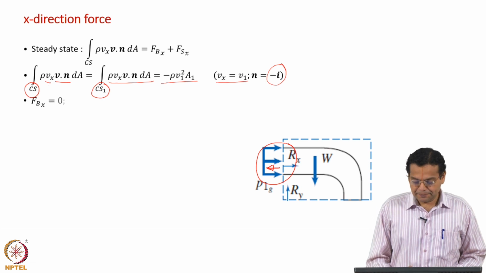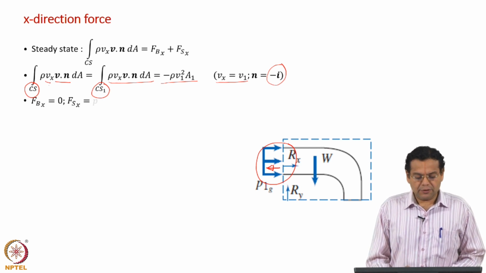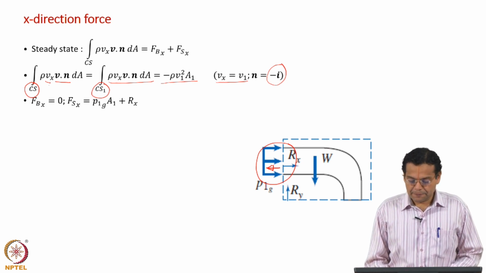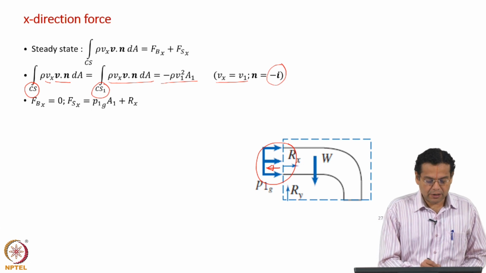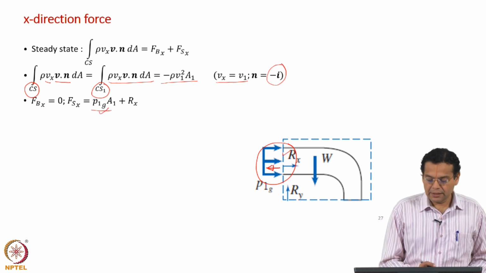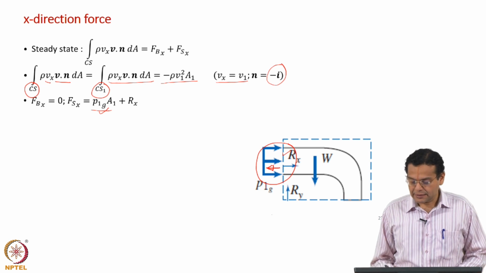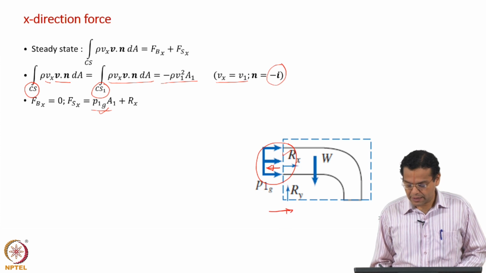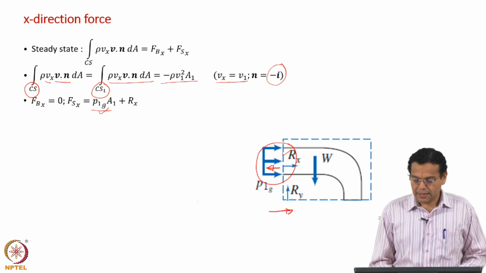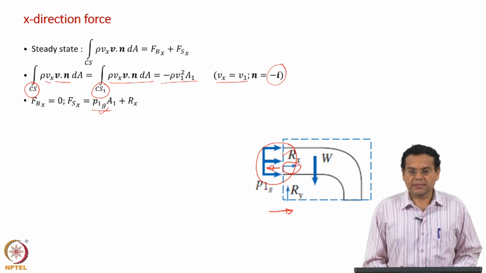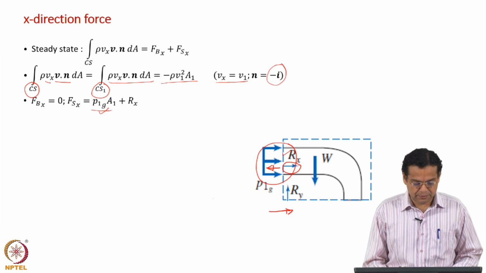Now, let us look at the other forces. There is no body force along the x axis. Surface force: look at this, we have written in terms of the gauge pressure, based on the discussion in the last slide, into the area of this opening. So, P1g into A1, and that is a compressive force, it acts onto the control volume. So, it acts along the positive x axis and that is why it is positive, plus we have our reaction force, or x component of the reaction force, that is plus Rx. So, both act along the same x direction, positive x axis.